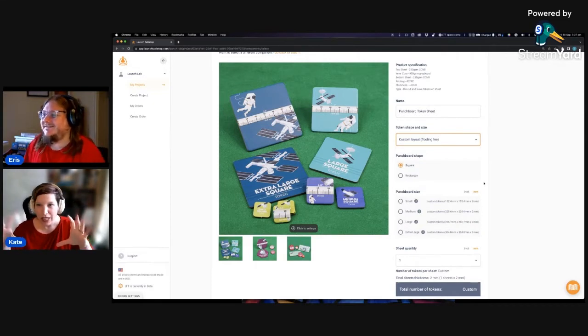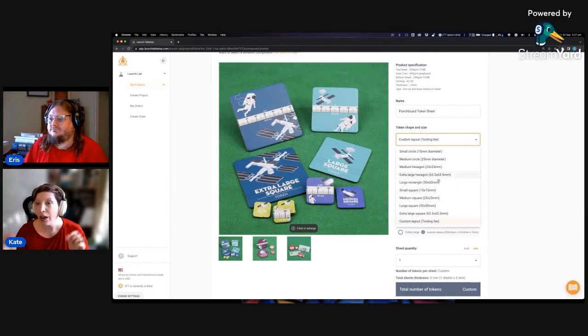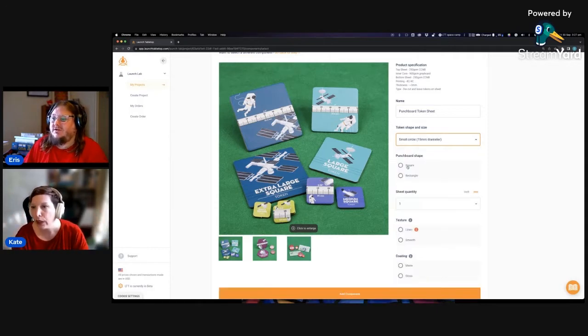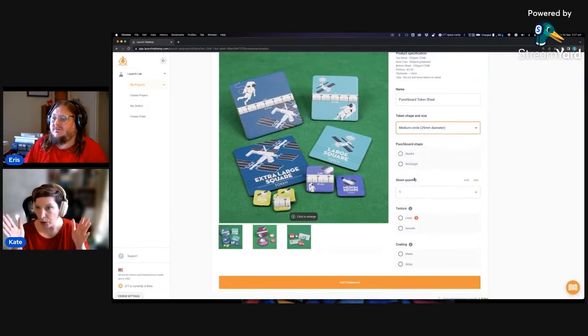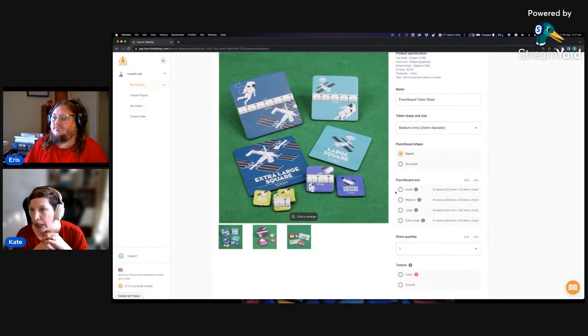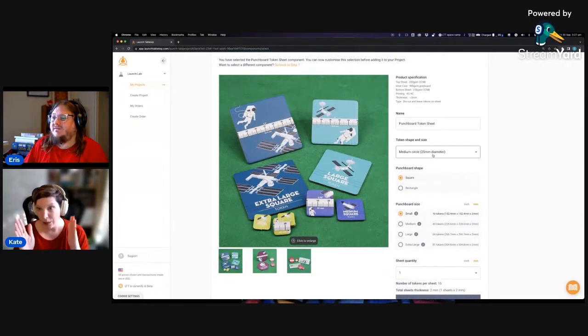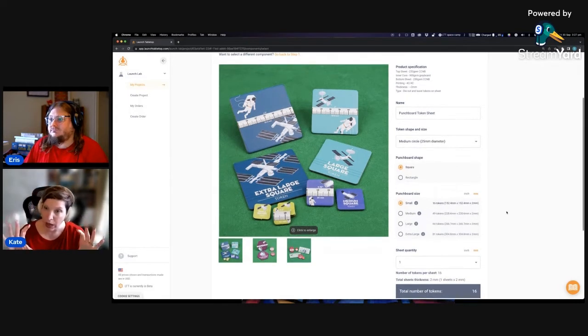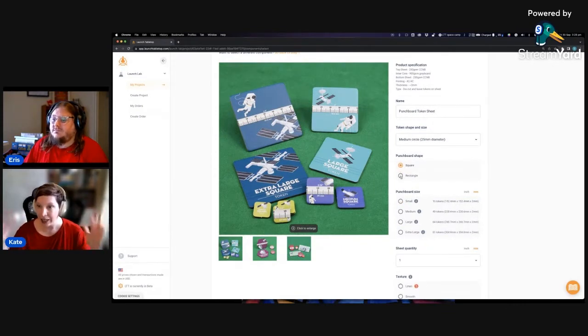Yeah. So the first thing that you have to do is it asks you to say what kind of token do you want, and then it goes, okay, well for that token I've got these options, and it talks about the size and the shape of the board. Okay, so if I was to pick small circle, that's not available in very many sizes. Okay, well, let's go for a different one then. If you pick one of the other ones, there are different sizes of board to fit in the different sizes and shapes of box that we have. So some of the tokens are available on a small square and a small rectangle, and a medium square and a medium rectangle, and a large square and a large rectangle, and the extra large square.